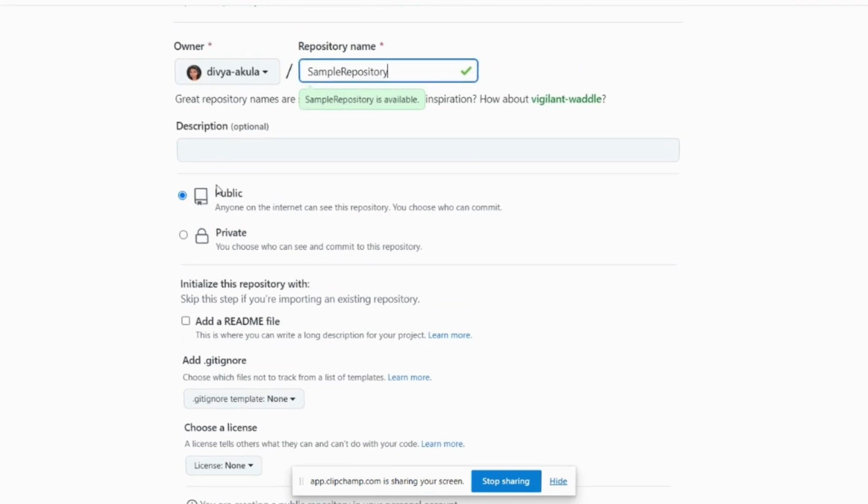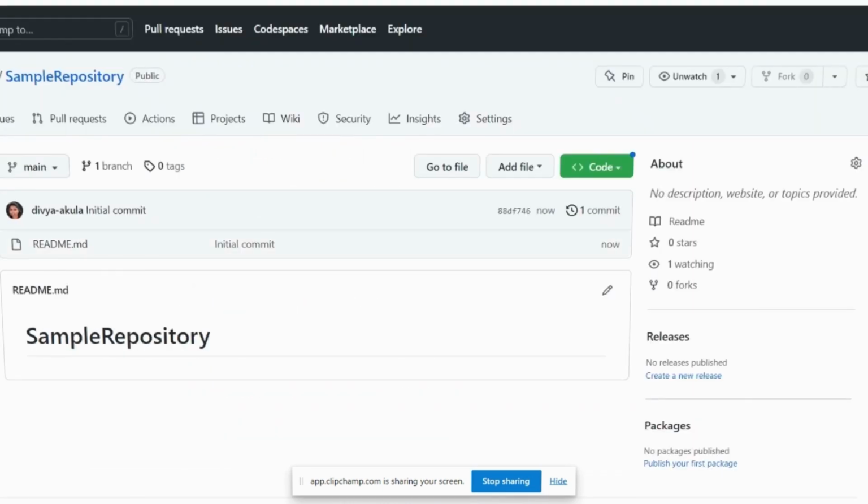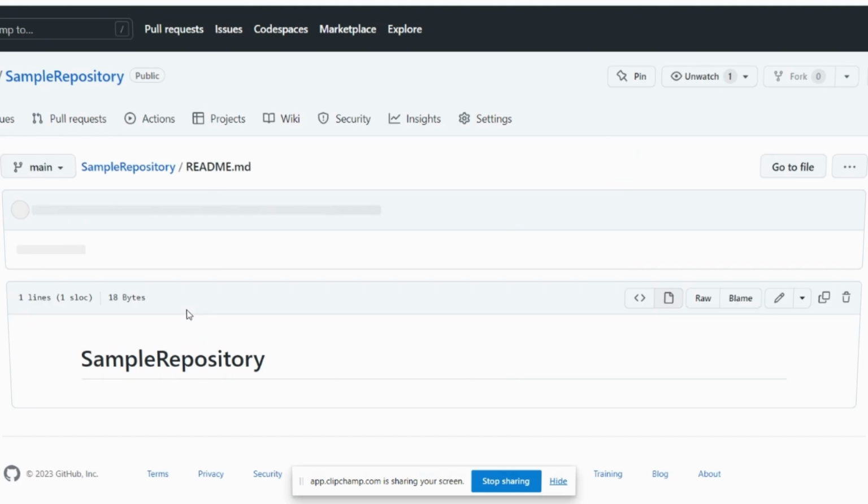I have the options to choose it to be public or private. Here I have chosen it to be public. I'm just adding a readme file so that I have one file as and when the repo is created. So you have this readme file, and I'll say